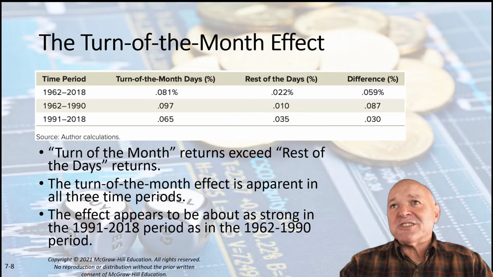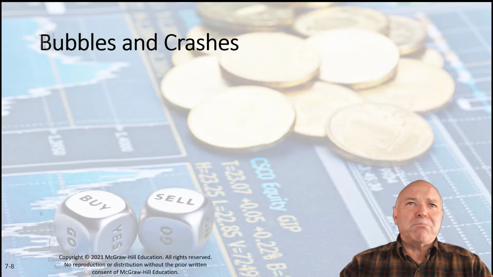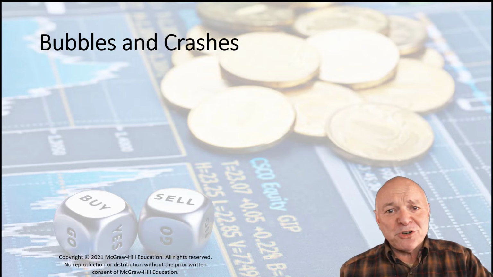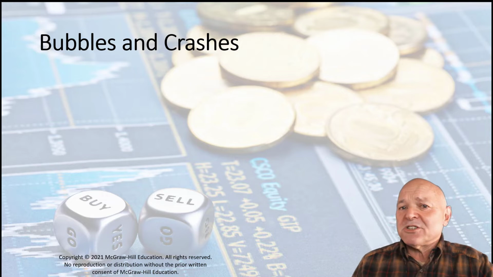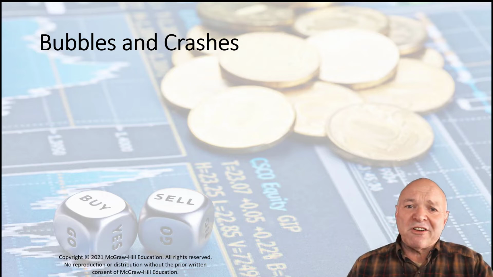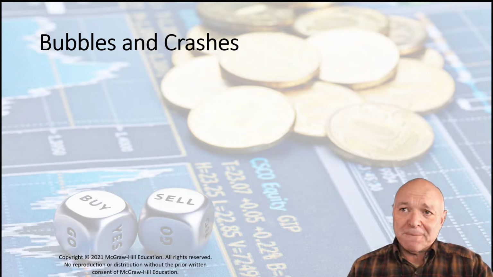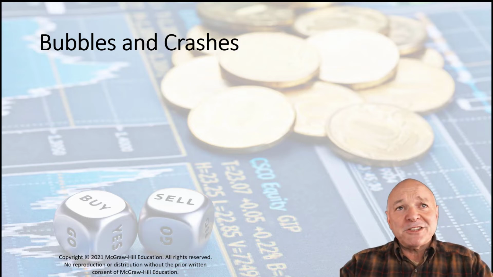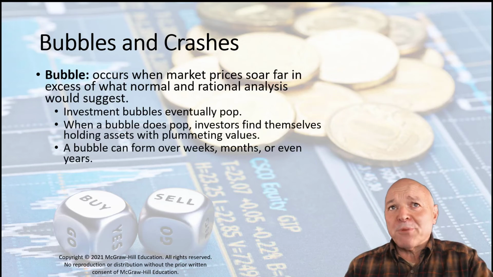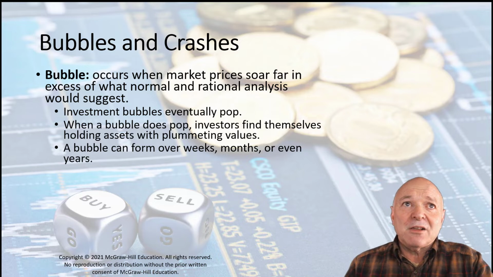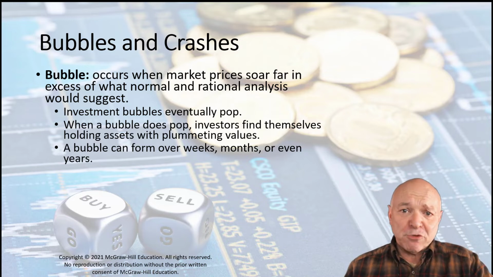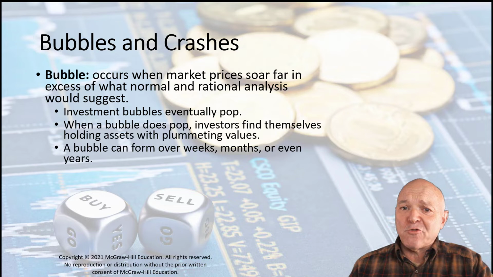Our next topic takes a look at the happy topic of bubbles and crashes. Clearly, everybody's heard of bubbles and manias and panics in markets, and essentially this is a case where the markets are not acting rationally and certainly not acting efficiently. We know that a bubble tends to occur when the market prices itself far in excess of normal levels. There's no rational reason for people to buy into a market so significantly overpriced.